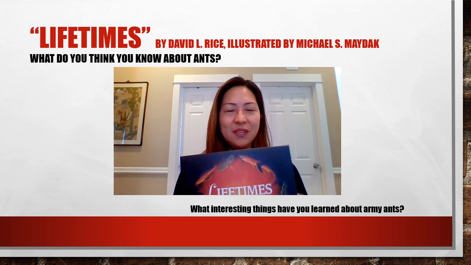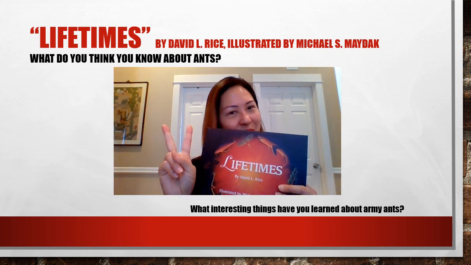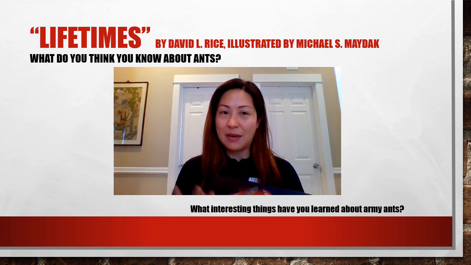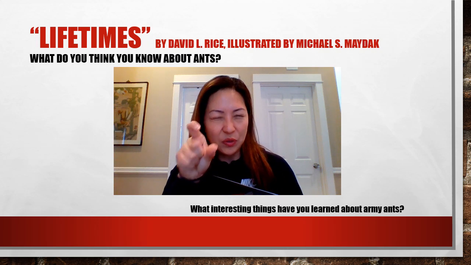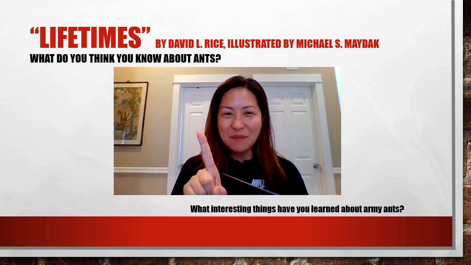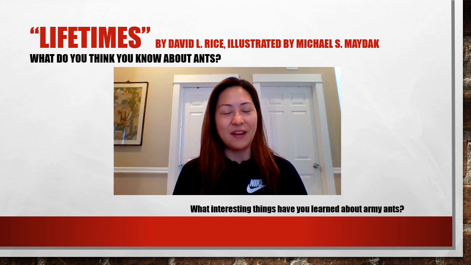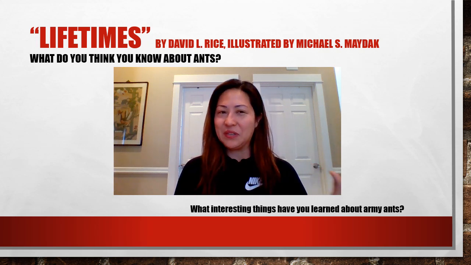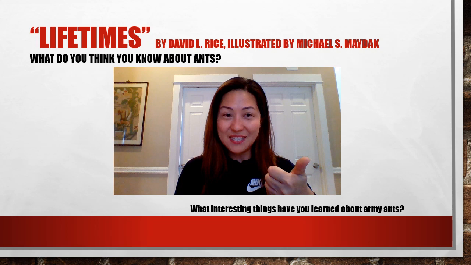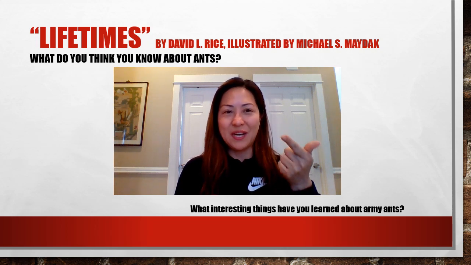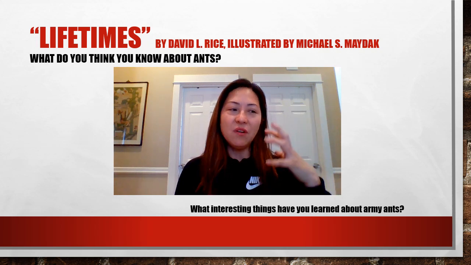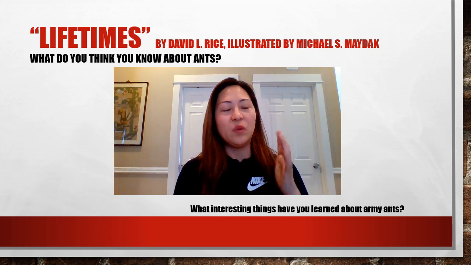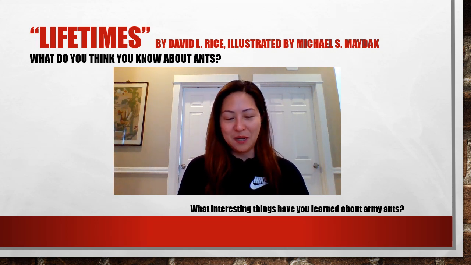So I'm going to read this passage twice. You know, that's what we do. We always read it once just to understand what's happening, and then the second time for a closer focus in. So this first time that I read it, what I would like you to focus on is what you're learning about ants. That's all that you need to do. If you want to visualize this, you may. If you want to write down notes, you may. You do whatever that you need to, where the first one is where you're focusing on what you're learning about army ants. Okay, so here we go.